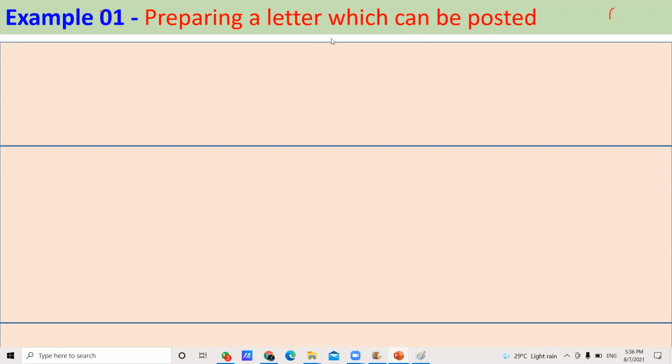Can you hear me? Yes, sir. Right. Please give me yes or no. Then only I can continue this lesson. That's actually support for me. This is an online lesson. Yes. Okay. Therefore, when I am asking questions, please tell me at least yes or no in that way. Right. Is it clear, that problem of preparing a letter which can be posted?